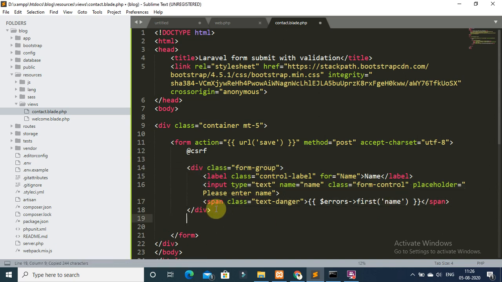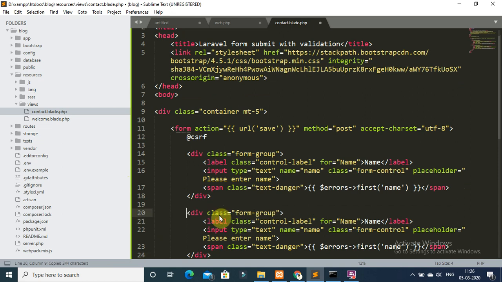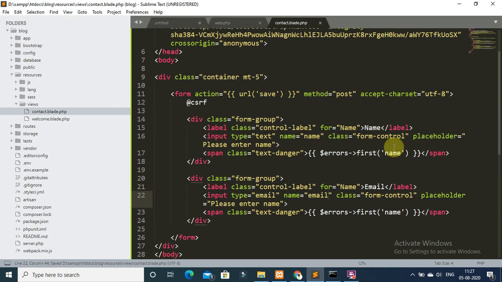Copy this same field again and change it for email, with input type email, name email. Then placeholder please enter email, validation error message email.